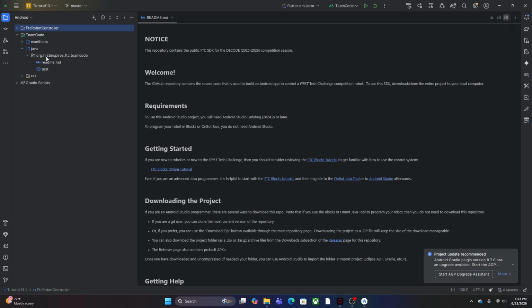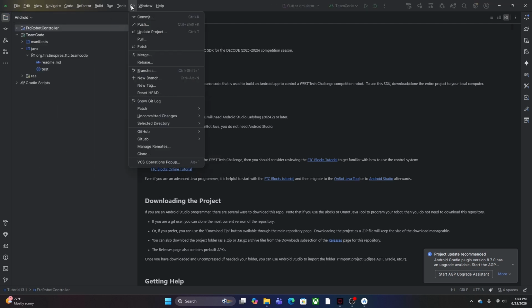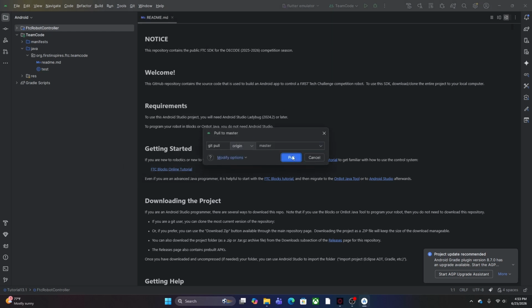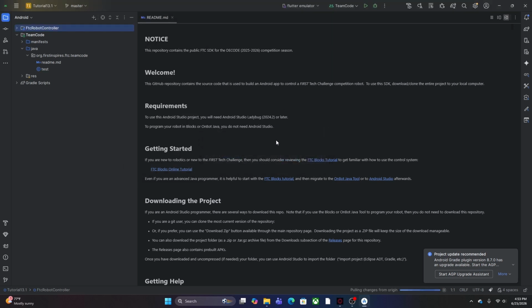Anytime your teammates make any change to the code and push it to the main repository, you'll want to pull it to your own device so that you're editing the most recent version, right? So in order to do that, you'll want to click these 4 lines, go to Git, Pull, then click Pull. We recommend that you do this anytime you start coding so that you avoid any merge conflicts. And something else we really recommend is that you communicate with your team on what files you're editing so that you're not editing the same file at the same time. Because pushing that and then dealing with the merge conflict can be really painful.